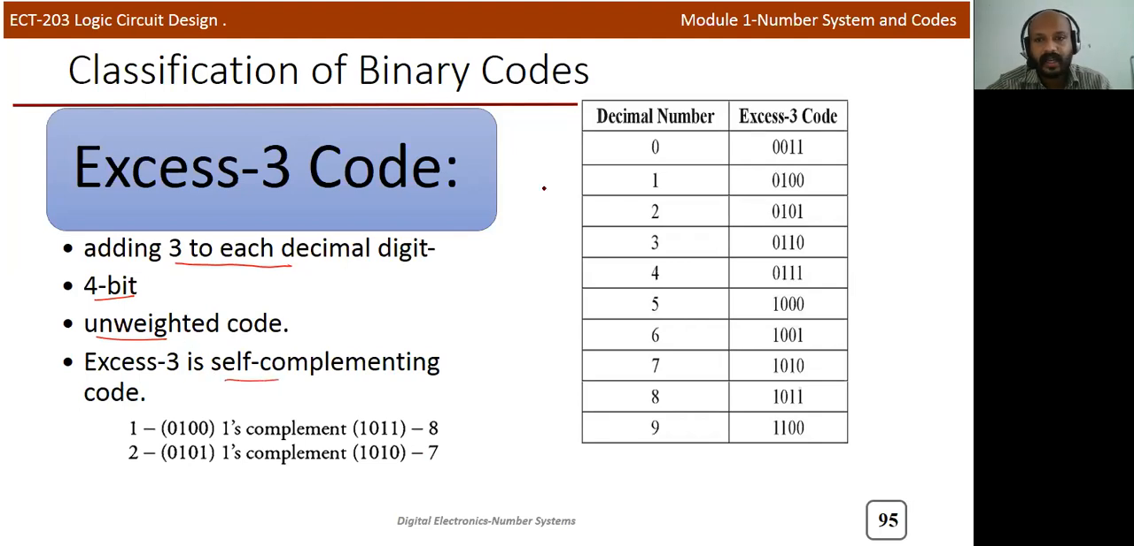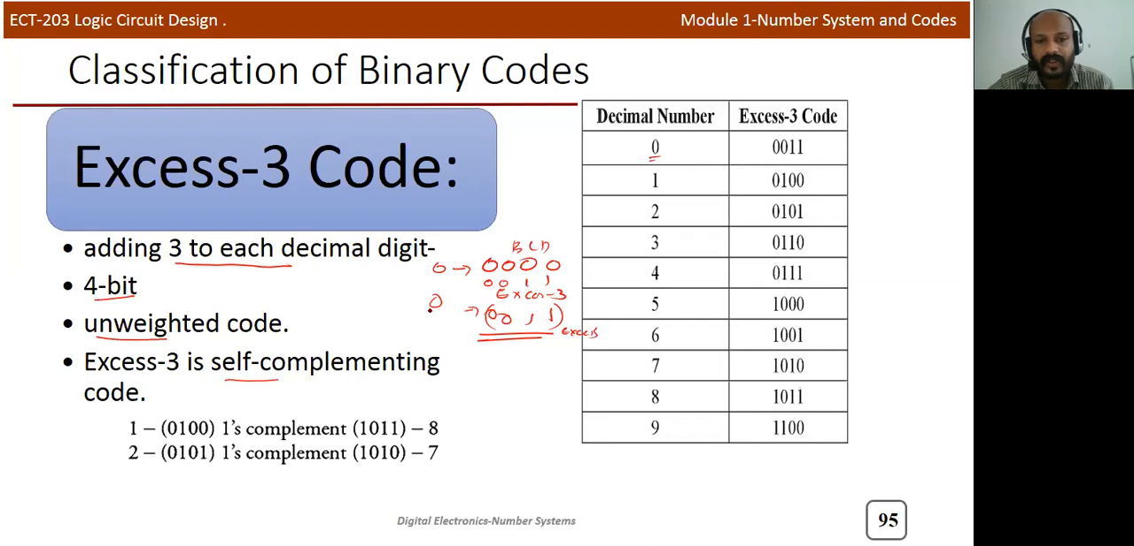We will discuss that. Here you can see that the normal value of 0, or BCD code of 0, is 0000. This is the BCD code, or you can say the simple binary code. To get the XS3 code, we will add 3 to that. So if you add 3, you will get 0011. So 0 is represented as 0011. This is the XS3